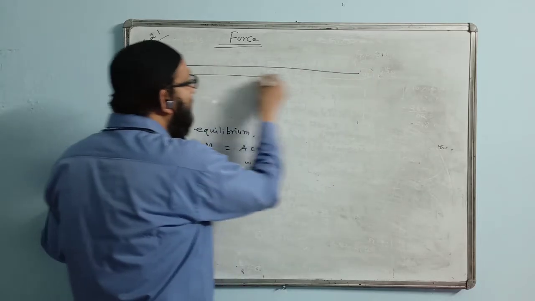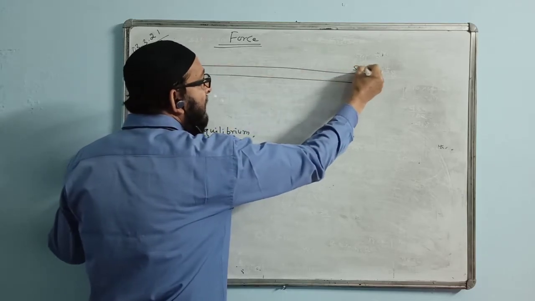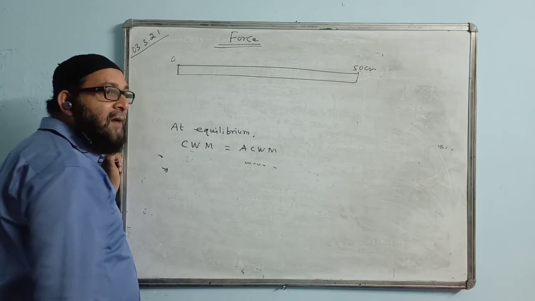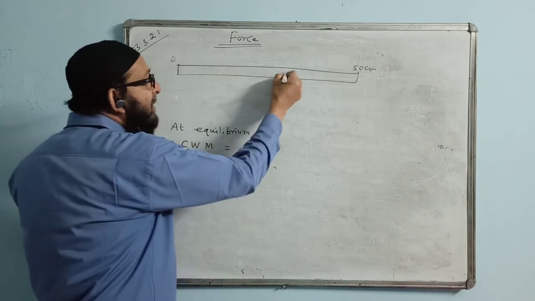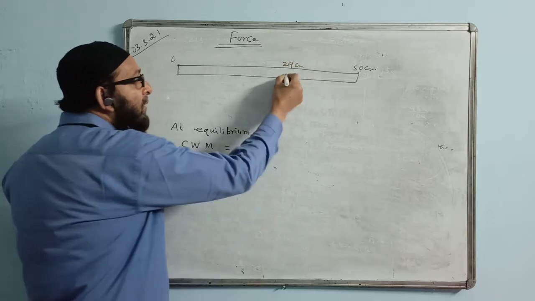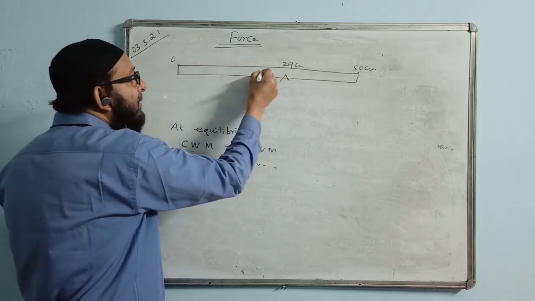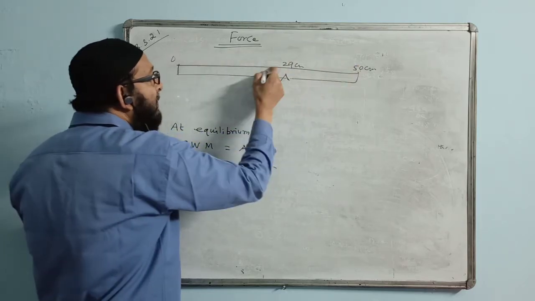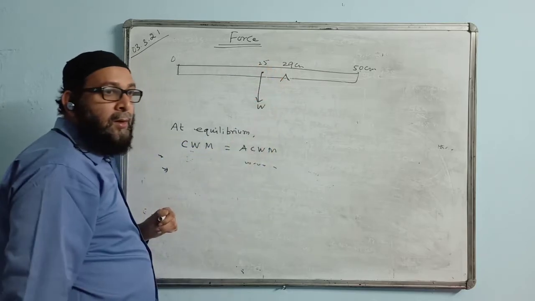This is a half meter rule. So half meter rule will be starting from 0 and will be ending at 50 centimeters. Total length is 50, half meter. It is balanced at 29, so we will mark the 29 centimeter mark here. Where is the weight of this rule acting? Weight of this one will be acting at exactly half of this. 50 half is only 25. Weight of the rule is acting at W.